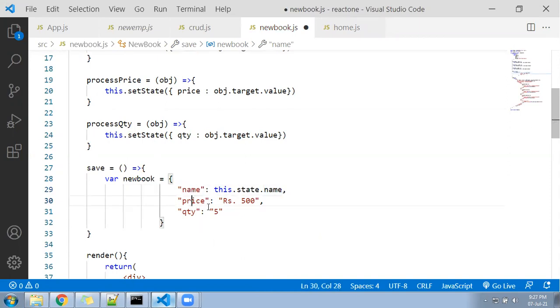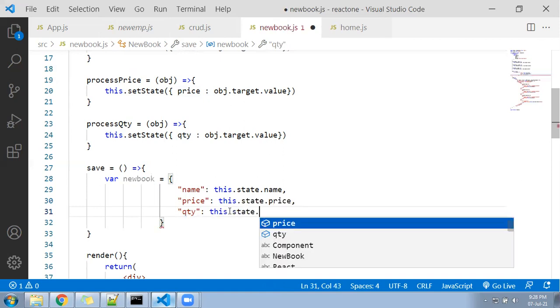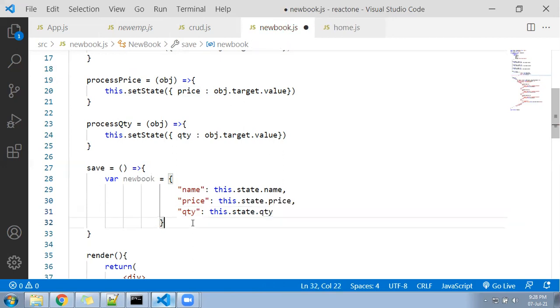Price is again JSON. In double quotes, what we have is the key of your JSON. And on the right side, what we are writing is a variable of your state. Look at here. Now next we have this.state.price. Okay, the right side is a variable, the state variable. The left side is the key that is available in your JSON file. Now here quantity will come. So this.state.qty. Correct? You saw we created a JSON simply. We took this copy from there and added our own state variables. It becomes simple. There will not be any error.